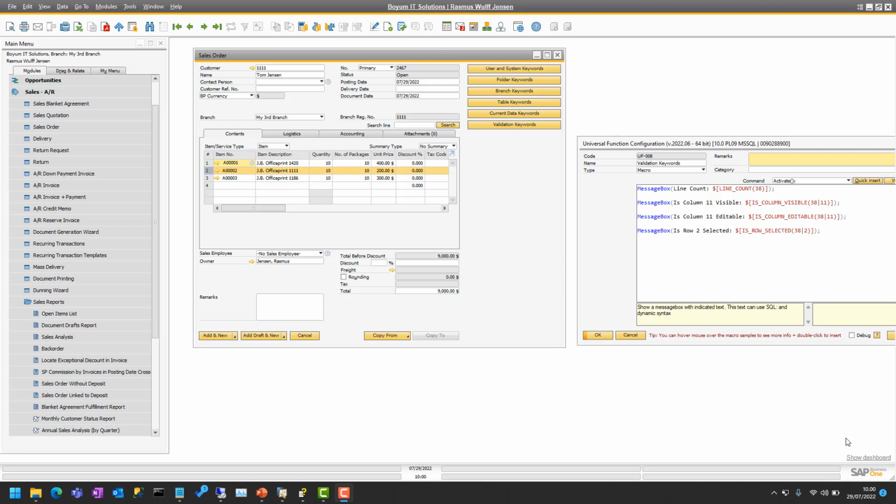We have in total 4 special keywords that are called validation keywords. Those are the line count, the is column visible, the is column editable, and the is row selected. And as you can hear from the names, it's pretty obvious what they do. So I've made a small button here, and I put in 4 message boxes in macros because that's where you